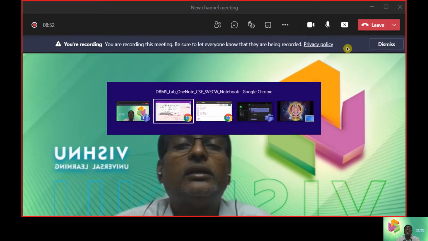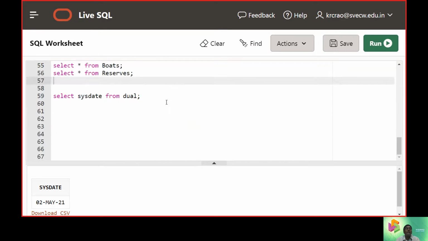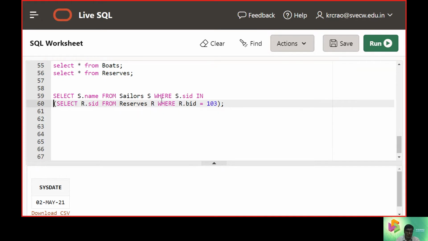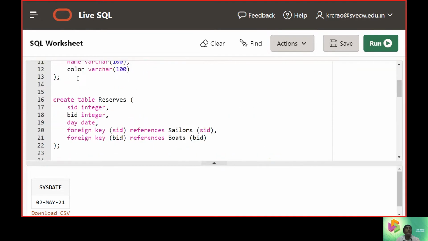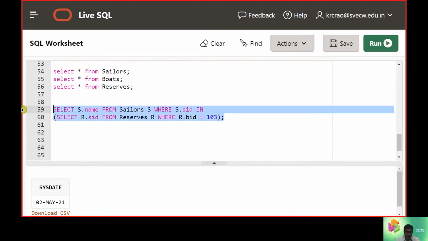So obviously, we will now move to the SQL part. We need to work with the subquery part. The sailors, reserves, boats insert commands are common, which we have already practiced.